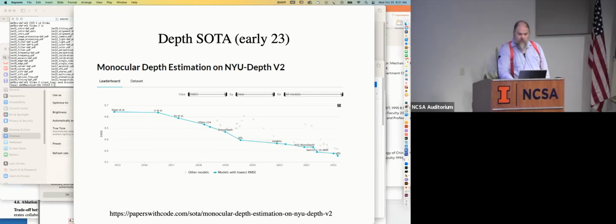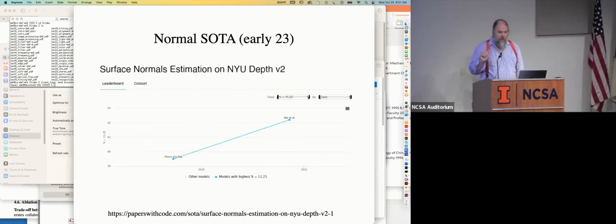So what you're seeing over here in the horizontal axis is time from 2015 to 2023. In the vertical axis is root mean square error, and reliably depth error just goes down every year, and it goes down by quite a lot. We're really, really good at this. Same for normals. The only annoying feature about this graph is the horizontal isn't as large a time period, and goodness goes up instead of down, because we measure the fraction of normals that we get almost right. And that is going up fast.